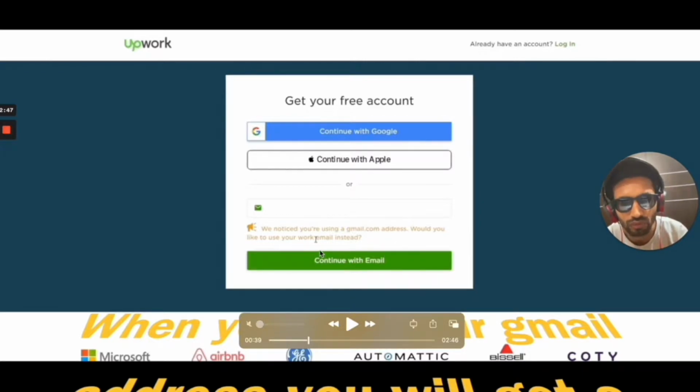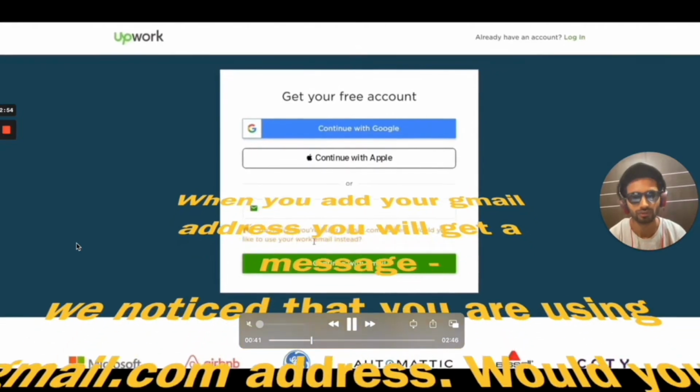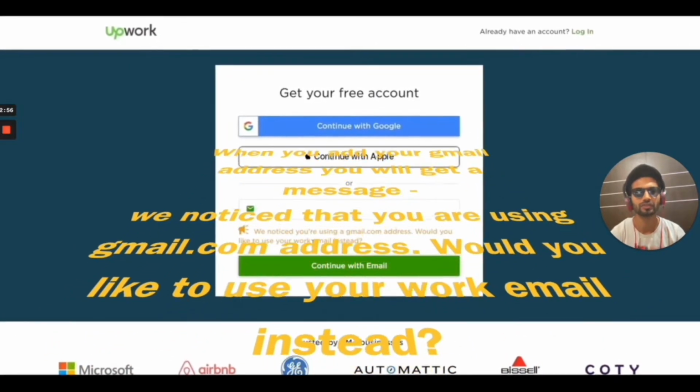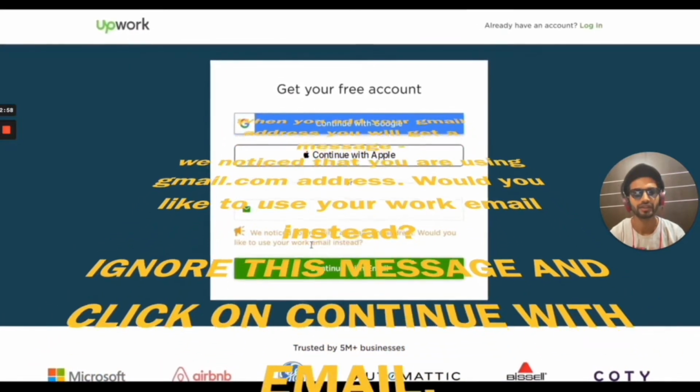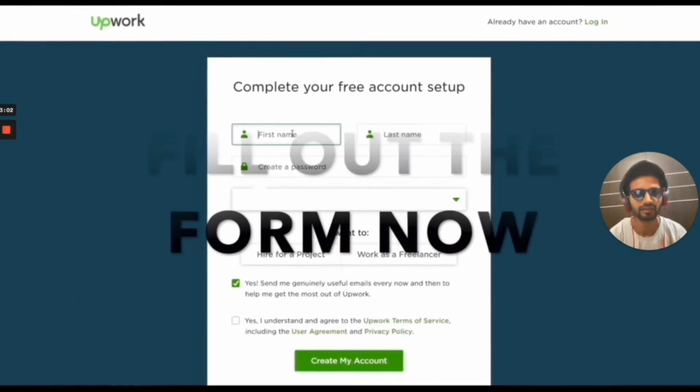Would you like to use your work email instead? So simply ignore this message. You need to simply type your Gmail address and then click the continue with email button.